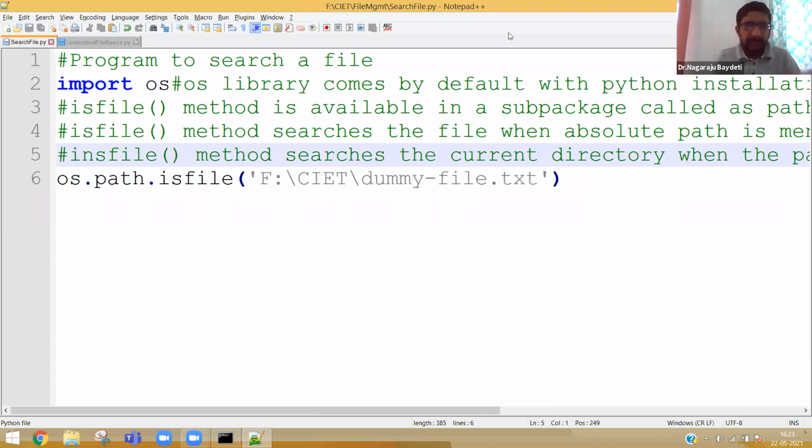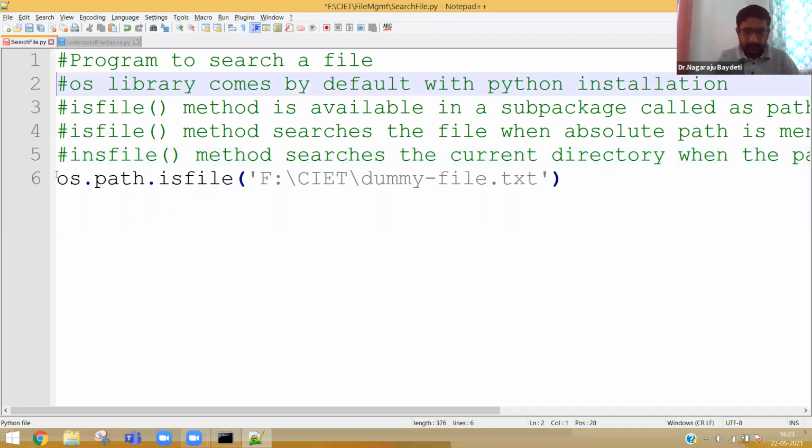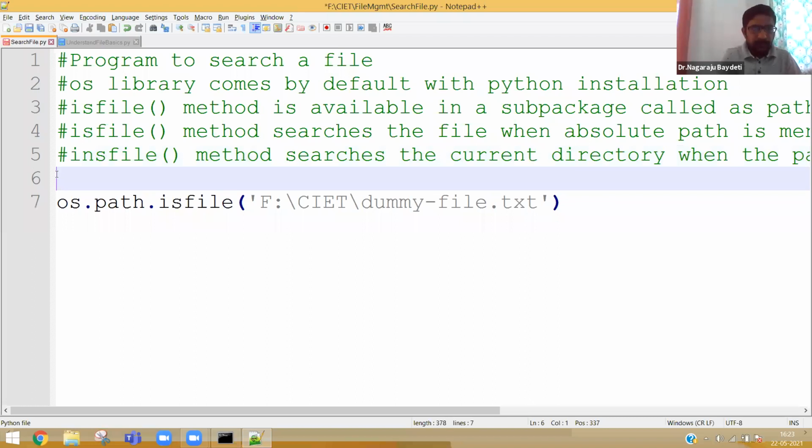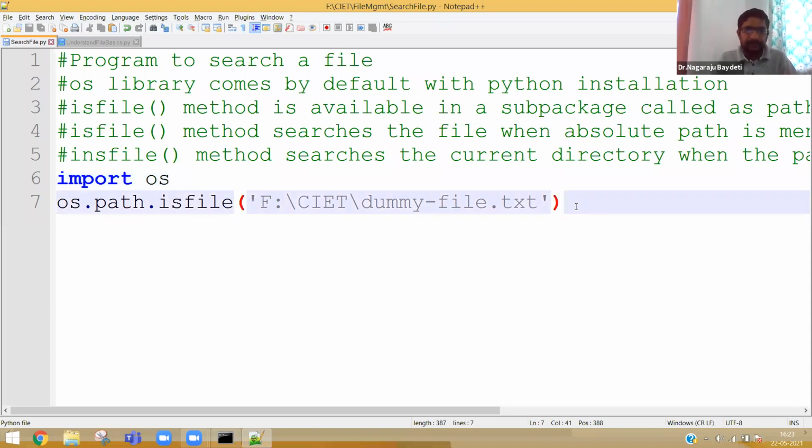Okay, so I am writing all the comments on top of the program so that it will be notes for you. This isFile method will search for dummyfile.txt in the F drive CIET folder. Why? Because I have mentioned the path.